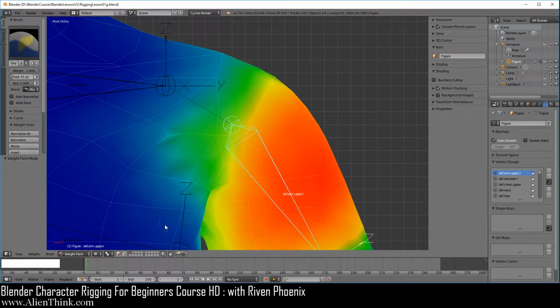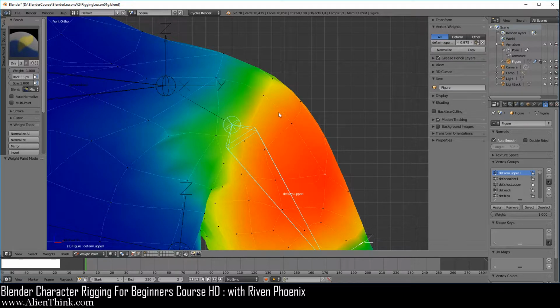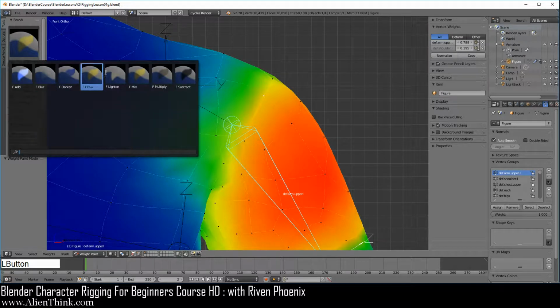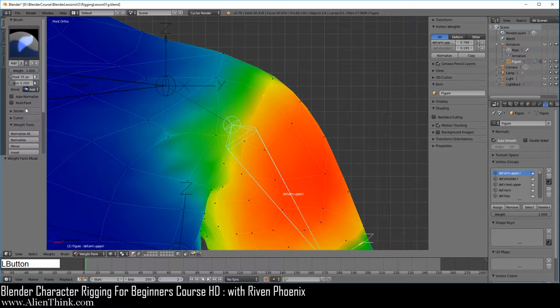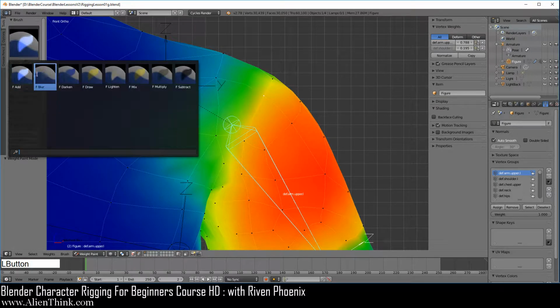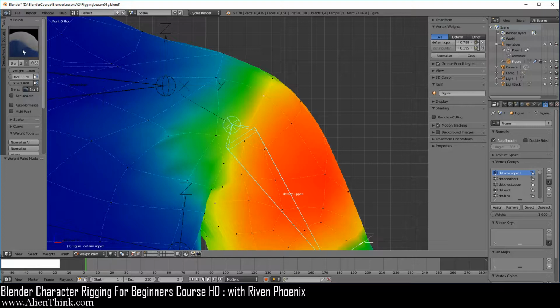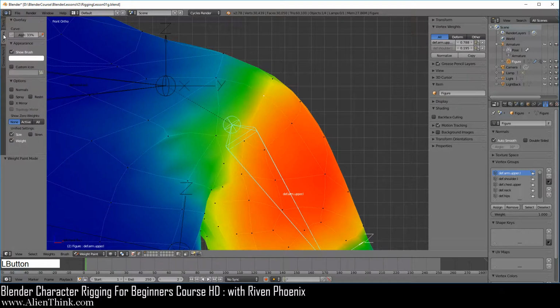Okay, now we're going to actually turn this option on over here and click on just one vertex. We're only doing this so we can understand how these brushes work. Now notice that if you click on this brush over here, the strength is different from this one. Okay, so to stop this from happening, go to the options, and over here you'll see unified settings, size and weight are already checked. Go ahead and click on strength.